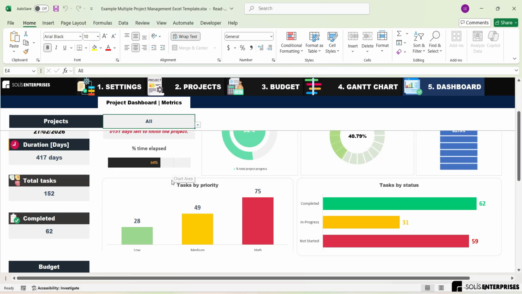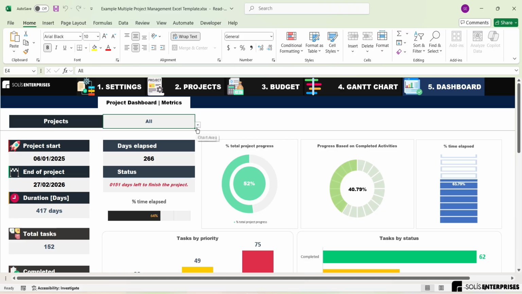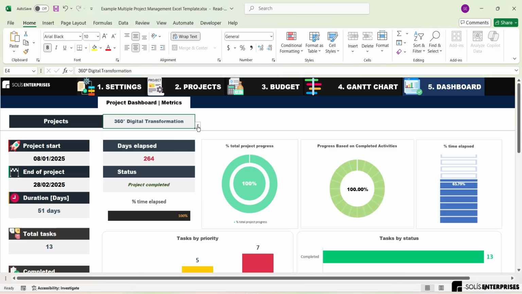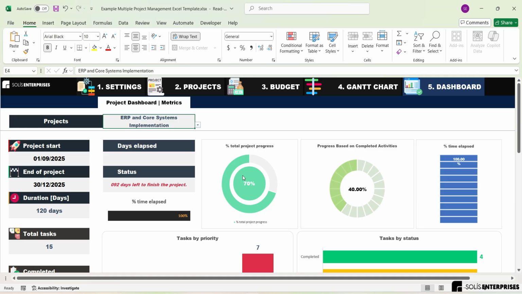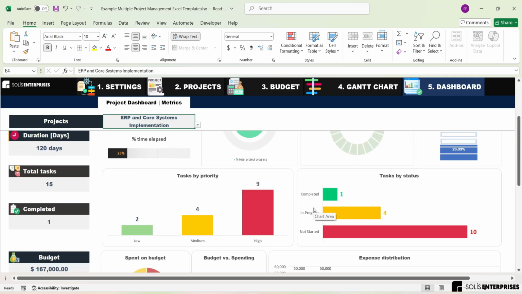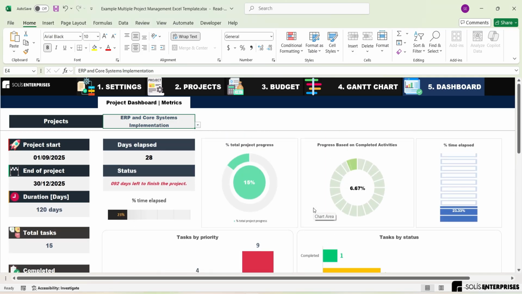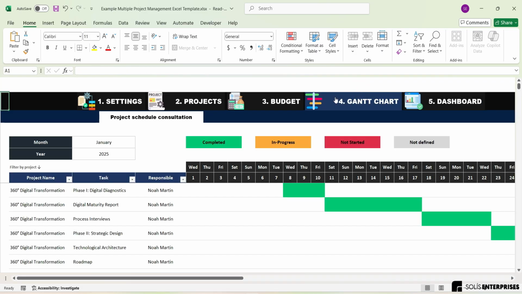Take full control of your projects with our Excel template. Managing multiple projects can be a challenge. That's why we've created a professional, multi-project management template to help you keep everything under control. With this tool, you'll be able to centralize information, say goodbye to scattered spreadsheets and dispersed data, get a clear